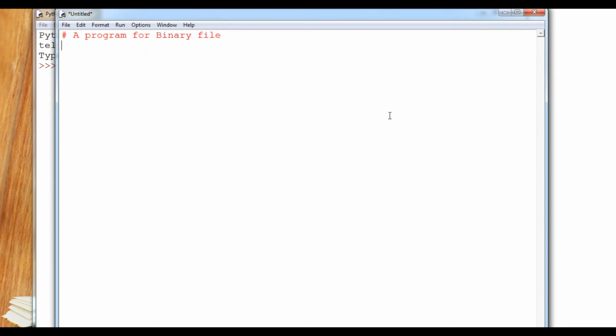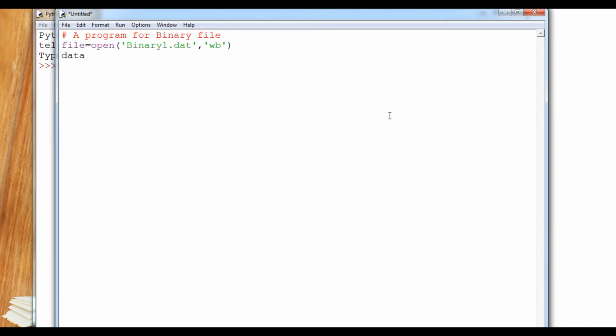Inside that I am going to create a file equals open, with a file name, suppose binary1.dat, with capital D, okay. Then wb mode, that is write binary file.